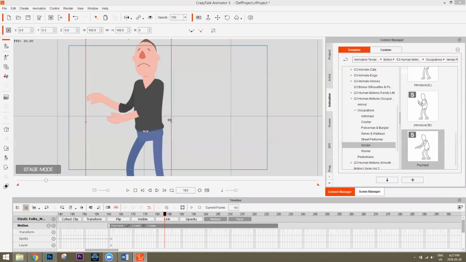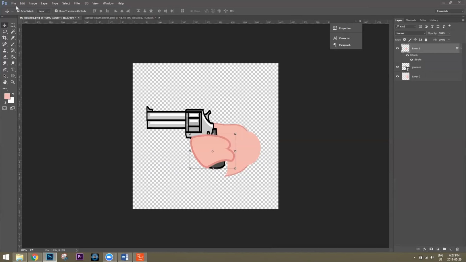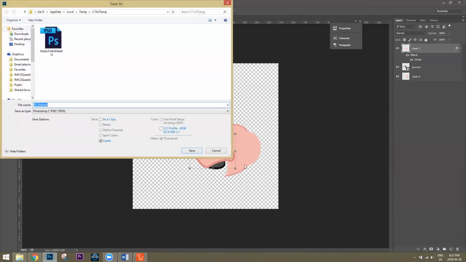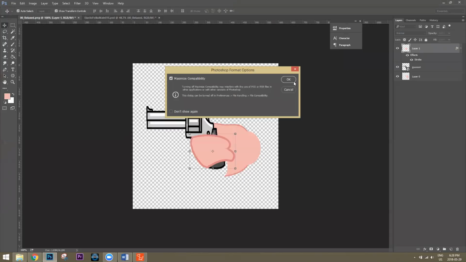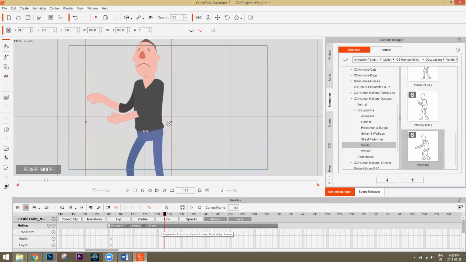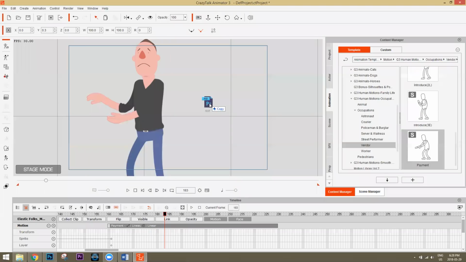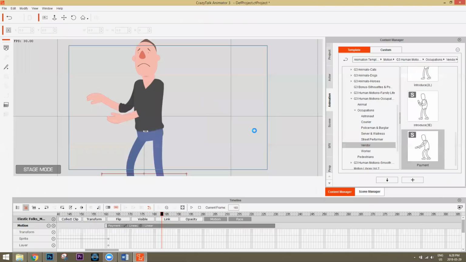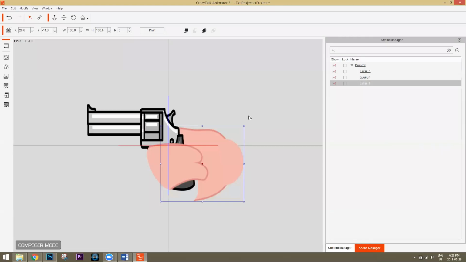Whenever you import a prop or whatever from Photoshop, let me give you an example right here. Where's our relaxed hand here? Let's save this as a PSD file. Test. I haven't done this in a while, but let's bring in that test.psd. Actually, we can just click and drag it in, and bring it in as a prop. Okay, and then it goes into composer mode, and you'll have your layers right here.